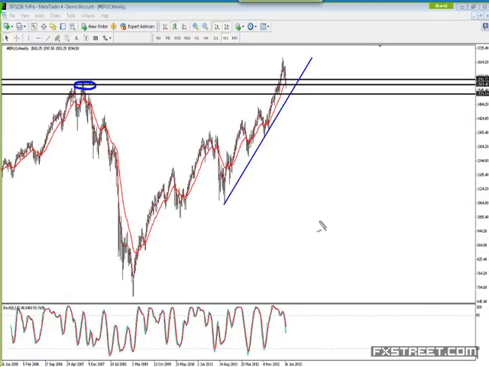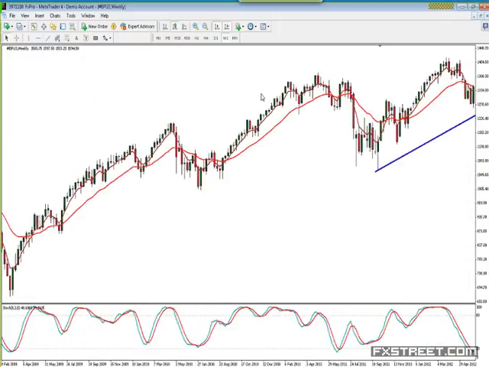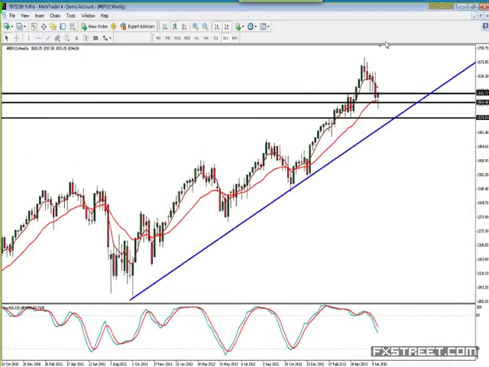Not to mention this high here was exactly the May FOMC announcement, and this one was the June FOMC announcement. So the stock market has not made a high since interest rates started to rise,